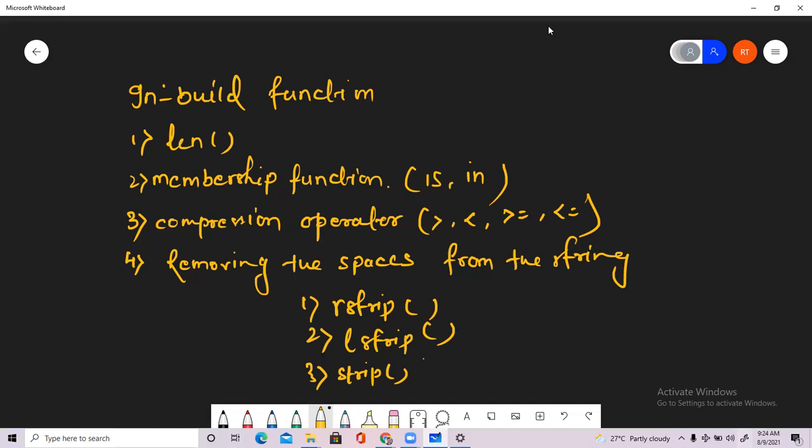So here in an IPYNB file, what is the benefit? You can write a single line of code and test it out. But in the case of a .py file, we have to create a separate .py file in PyCharm, and then we have to test. That is a very hectic task. If you want to test a single line of code, why do we need to create a separate Python file?